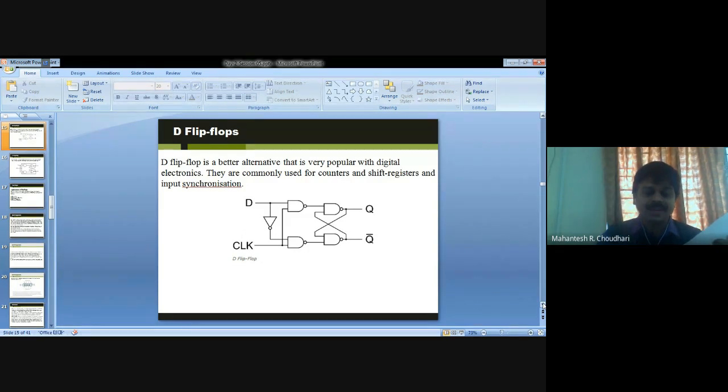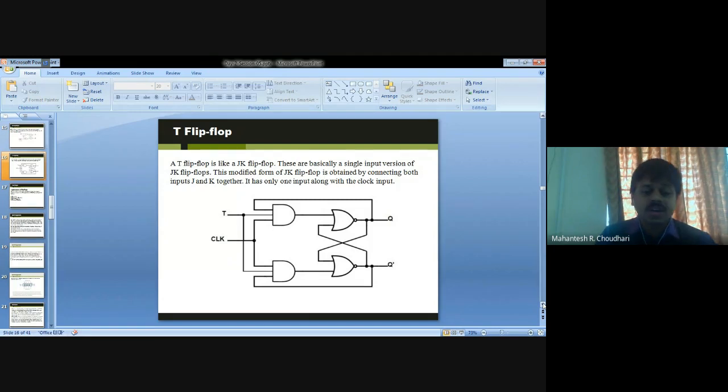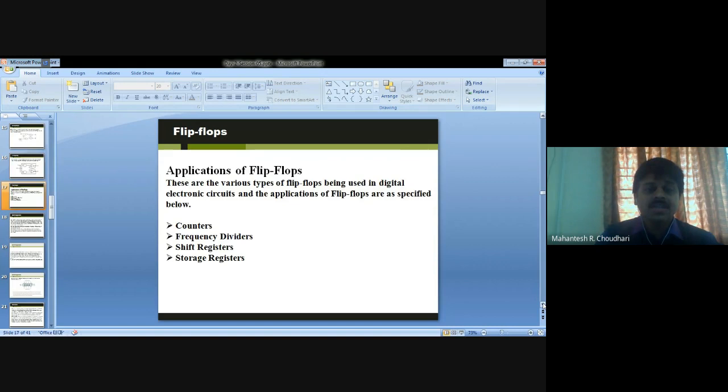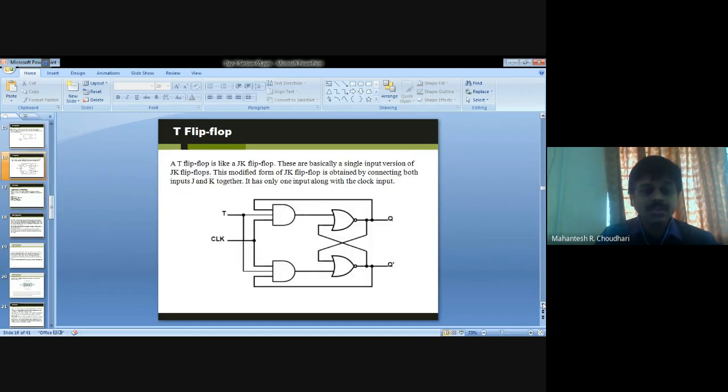There are so many states involved, or else when the output will toggle. So during that time, in the 0 0 condition, Q will be 1 and Q dash will be 1. Then in the 0 1 condition we may make out 1. Then Q dash is 0 0 1 0, then 1 1. So we can make out the output with respect to Q dash, which is nothing but with respect to JK.